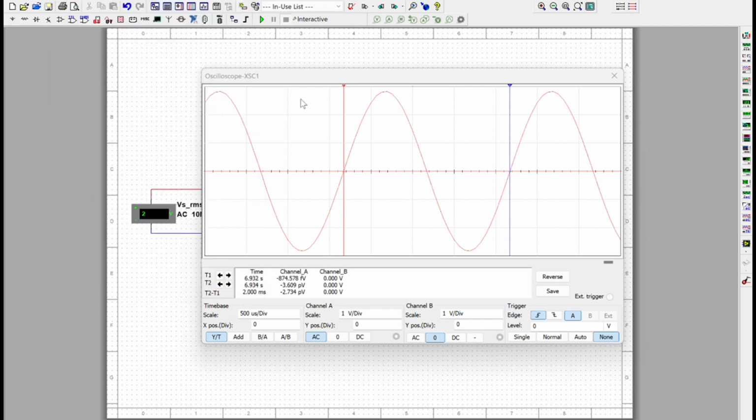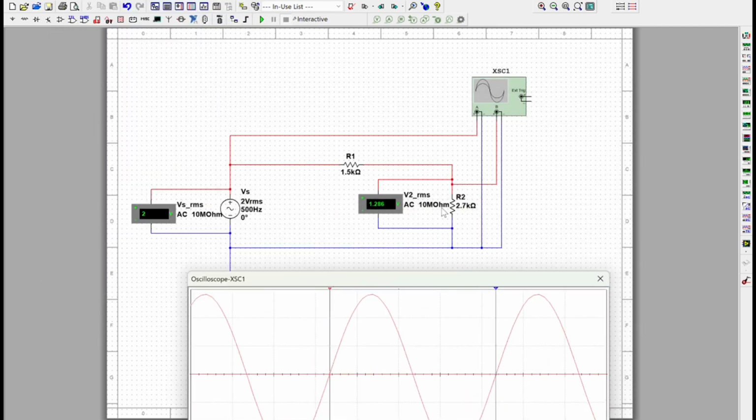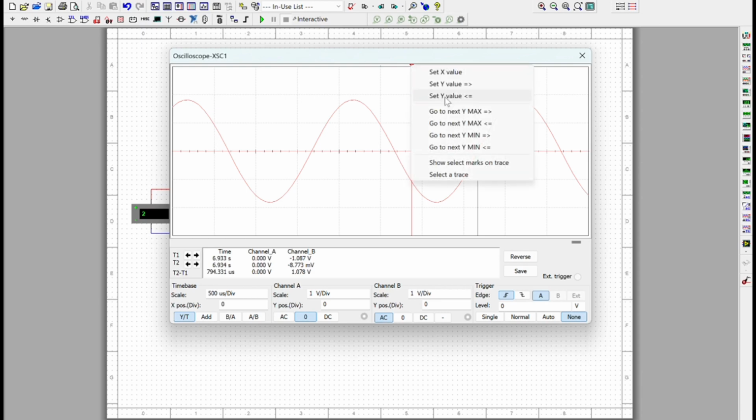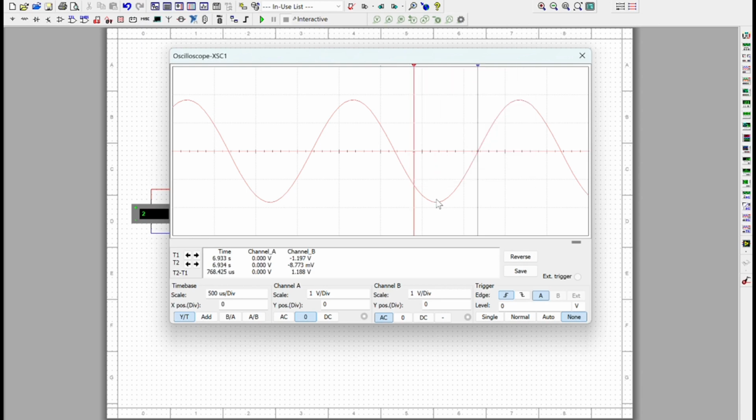And then for the measurements across resistor 2, first we can show channel B, and we can measure our voltage peak to peak, which we do the same way. It should select the trace for channel B first. So take the cursor and set it to Y min, and then take the other cursor to Y max. So now we have a full peak to peak right here for channel B, which is the voltage across resistor